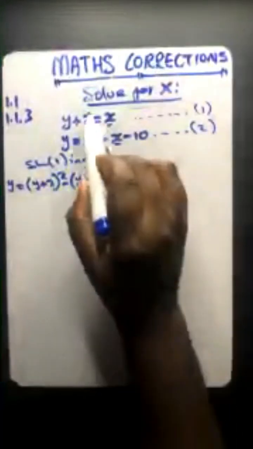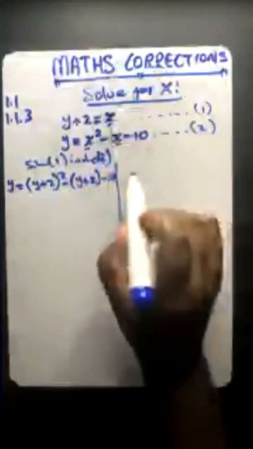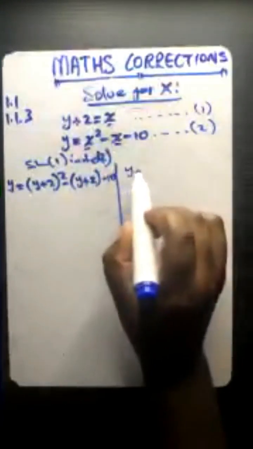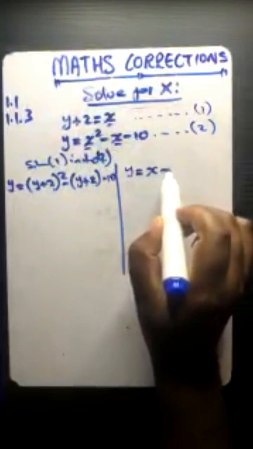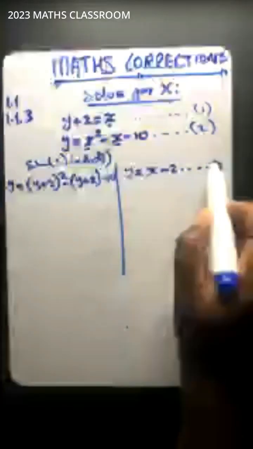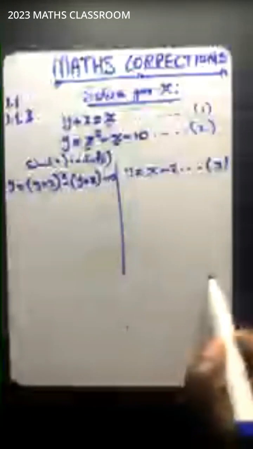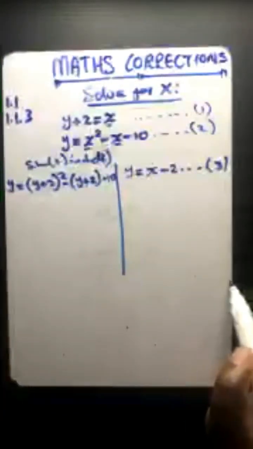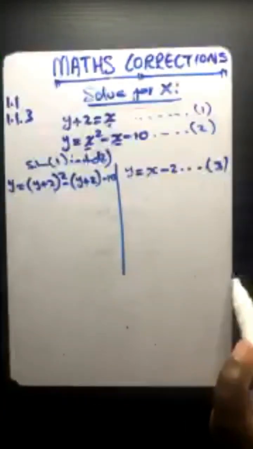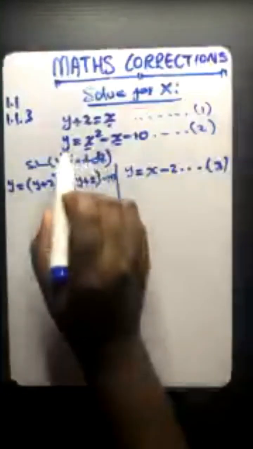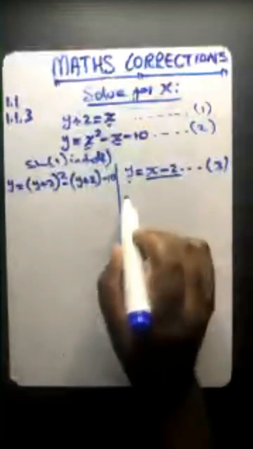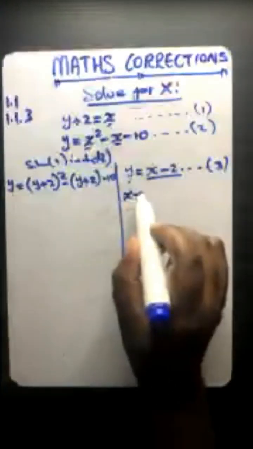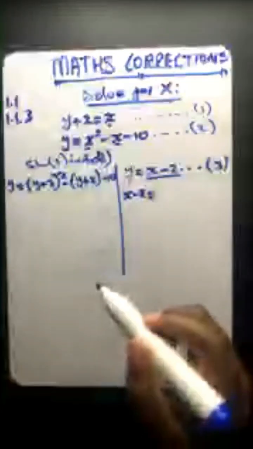So that means I'm going to take this to the other side. If I take it to the other side, I'm having y, which is going to be equals to x, then it changes the sign, then it's minus 2. That's how you derive equation number 3. But here, you don't derive it, you straight away work it out. Why would I derive equation number 3? It's because I realize it might be less work to just make y the subject of formula, because I'm going to substitute this where I see y, meaning I'm going to have that,